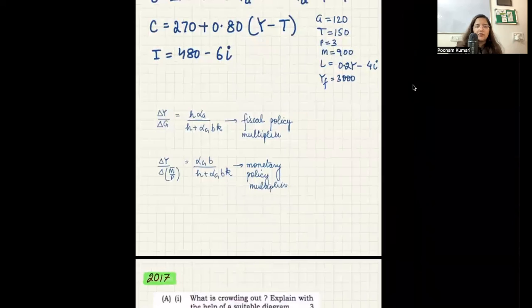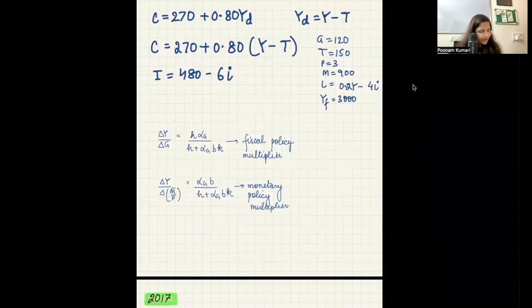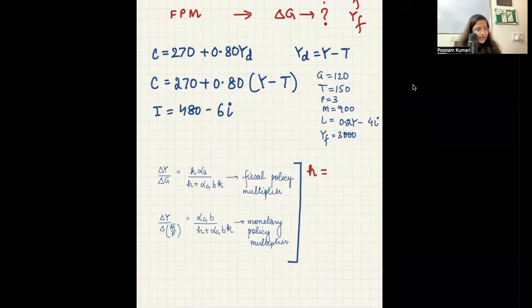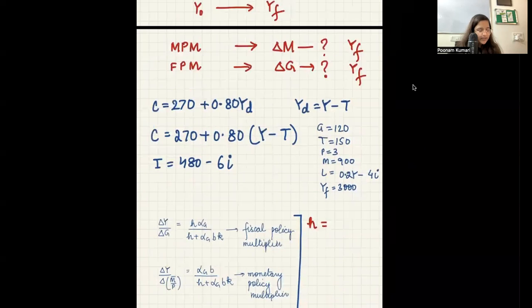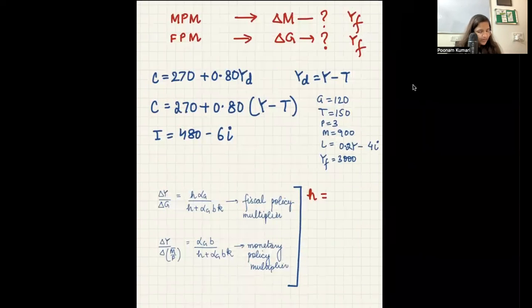So now let's figure out what the different values are. Okay. So first, what are the values needed? First we need H. So H is basically the coefficient on the interest rate in the money demand. ठीक है. So money demand is this, and this one is H. So H is basically 4. So H is 4, and then we have K. K is the coefficient in front of income. So here it is 0.2. ठीक है. यहाँ पे ये 0.2 होगा.